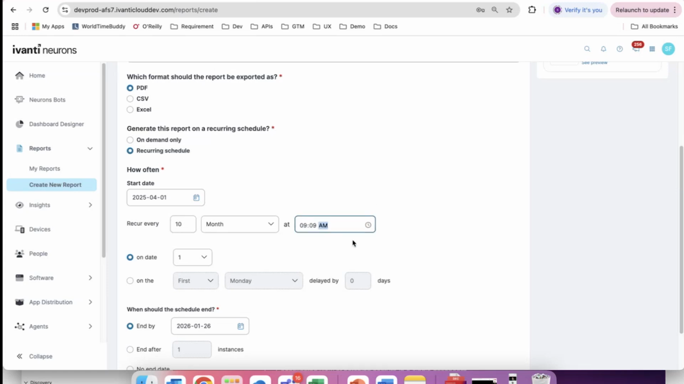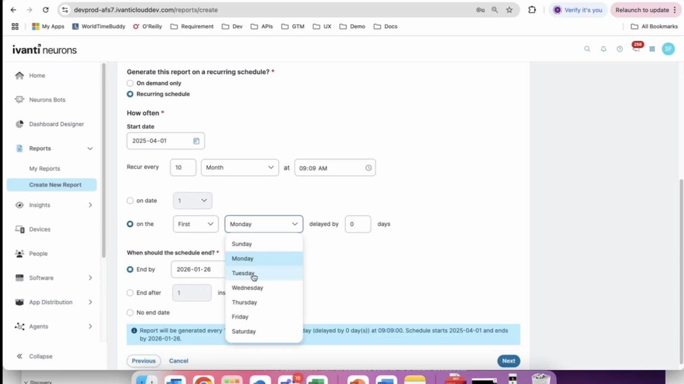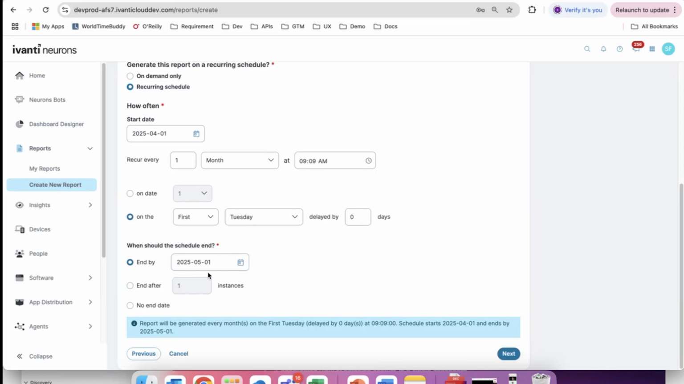AM, that's probably too late. Let's do AM. And then you can also specify whether you want a specific date or you want to do it on the first Monday or Tuesday. So for example, if you're using Patch Tuesday, you can do the first Tuesday, every 1 month. And for the end date, you also have the option to end by a specific day, end after a certain occurrence,